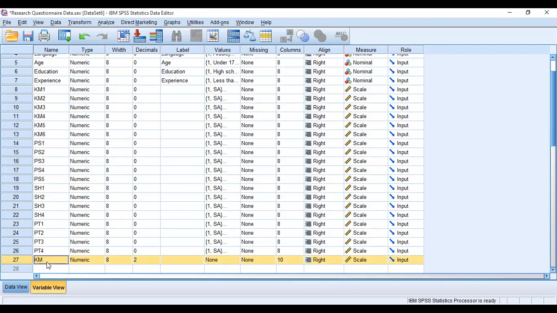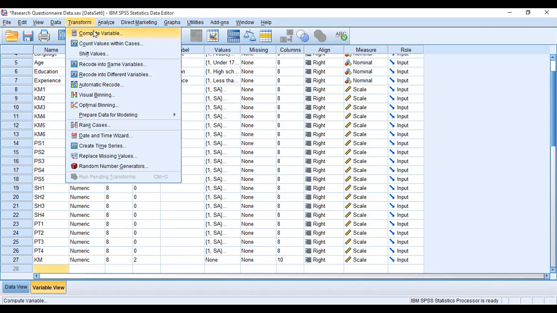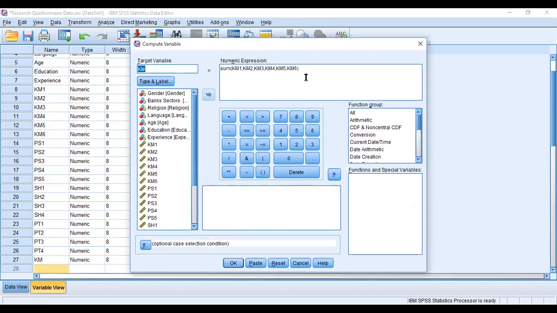Similarly, we need to transform our other compute variable, that is project success. Project success has five items. We similarly combine the items of project success. In the Transform tab, Compute Variable, select those variables. PS stands for project success.